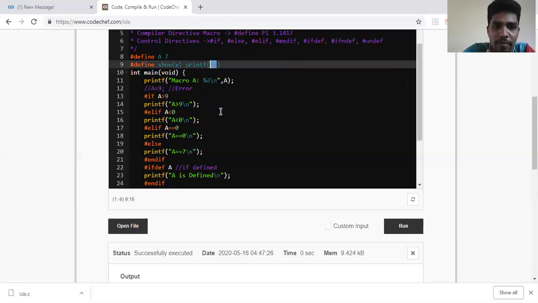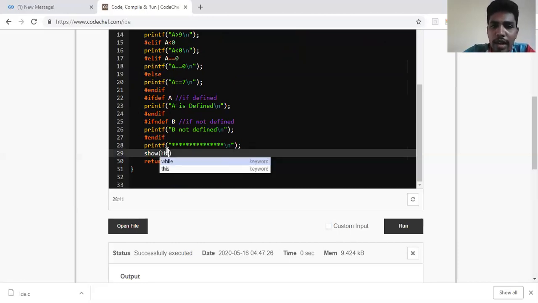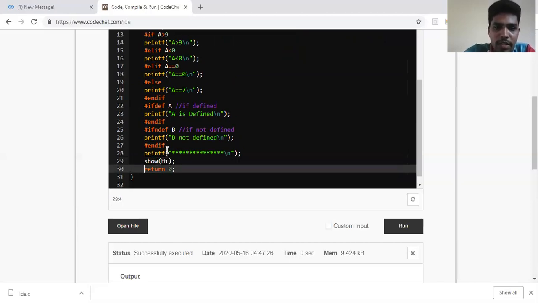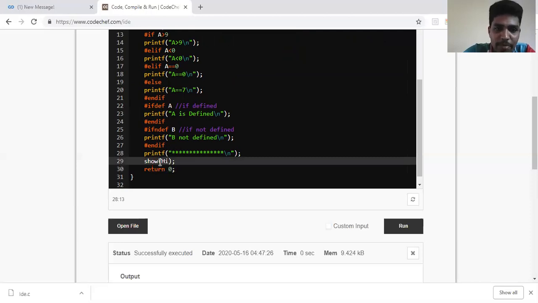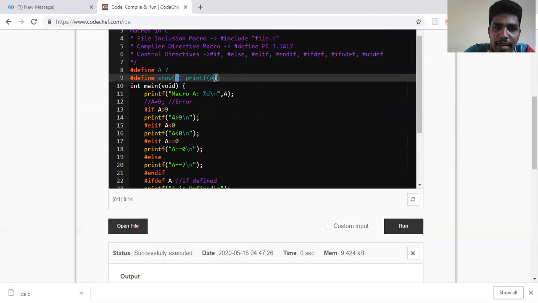So we'll see that. So see here, I'll be using show and I'll be writing hi. I've not included hi in double quotes. So whatever I have passed here as a parameter will be taken into x, and the x will be printed as a symbol with the hash.